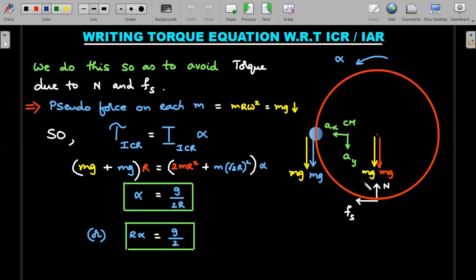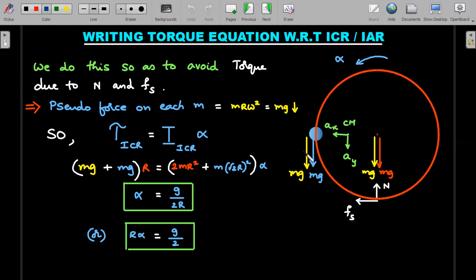A lot of things. Let me explain how I drew this FBD. The center of mass lies between the point mass here and the center of the ring. And therefore, the acceleration of the center of mass could be an AX and an AY. Two accelerations could be there. Also, the angular acceleration is alpha. I've assumed it in the anti-clockwise sense. And there should be an mg, which is the weight of this particular blue color particle. And also this red color mg is the weight of this ring.